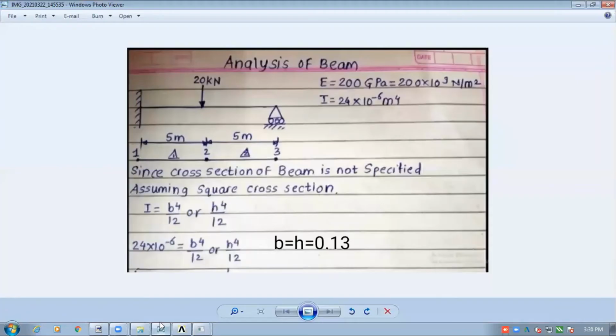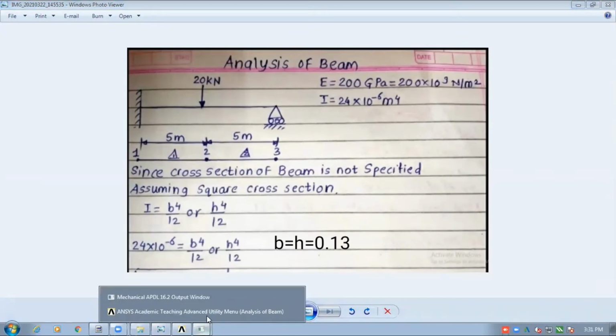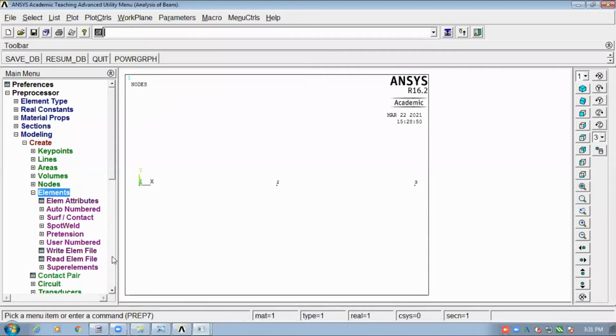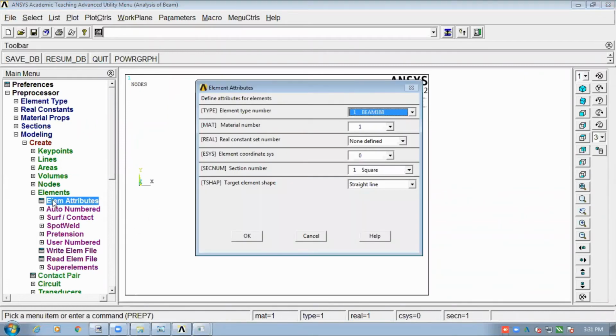Now when you come back here into our diagram, you can see here every element, either element number 1 or element number 2, it is of 5 meter, right? Every element is of the same material and with the same cross section. Is it okay? Yes or no? So there is nothing to change for a respective element, right? Though you want to change it here, and if you go here, element attributes, you will get nothing here.